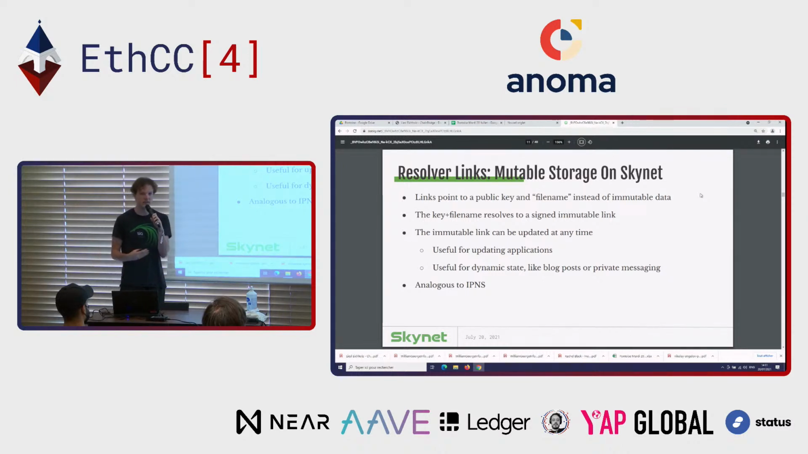So this is useful, for example, for blogs. If you are doing immutable storage and you give someone a link to your blog, it'll never change. If you give them the mutable link, or what we call a resolver link, when you add a new blog post, all of your friends can see that new blog post using the original link. And again, this is analogous to IPNS, and it's useful not just for things like blogs, but also for